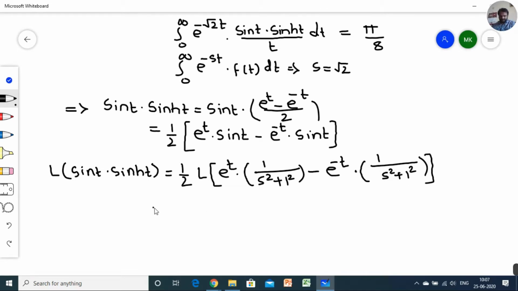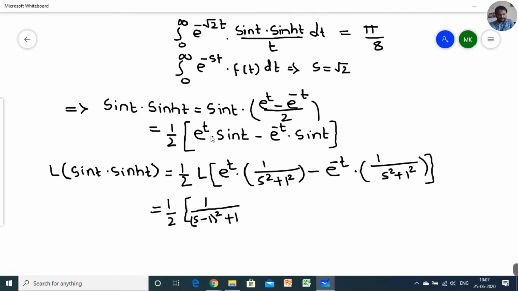Now with further simplification, you will get 1 by 2, this becomes 1 upon s minus 1 the whole square plus 1,